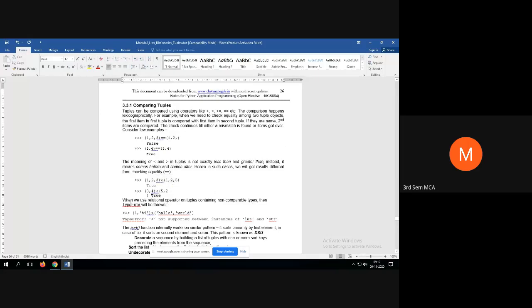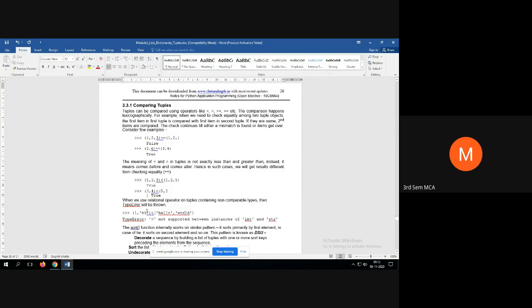Now let us see what happens when we use a relational operator on tuples containing non-comparable types. So what are non-comparable types? Here we have mixed data types, and here we have string data types. Here one is an integer, another one is a string, and here both are string values. So that means you cannot compare.